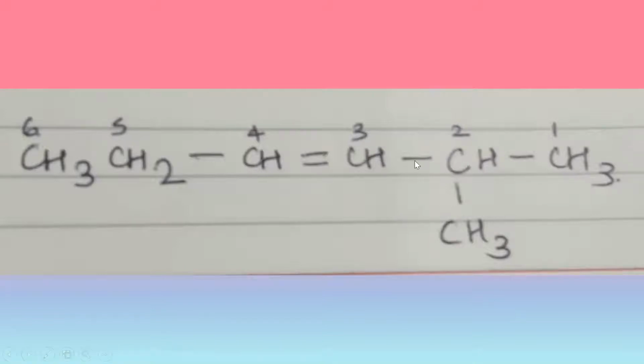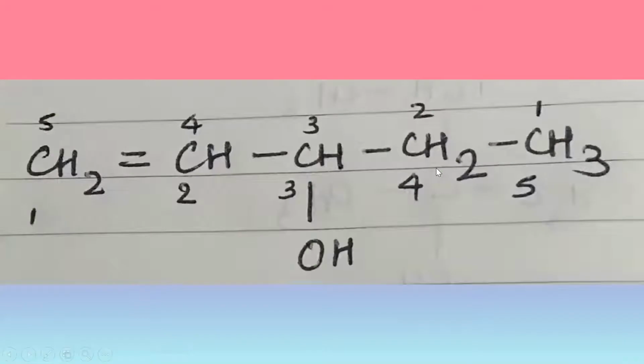So here the double bond gets the number 3 and the methyl group, that's the alkyl substituent, gets the number 2. Now coming to our next example, here we can see that the alcohol group is present at an equidistant point, on the third carbon, even if I go from right to left or left to right. Now we are in a dilemma about which allotment to take as right, that is, if I go from right to left or left to right.